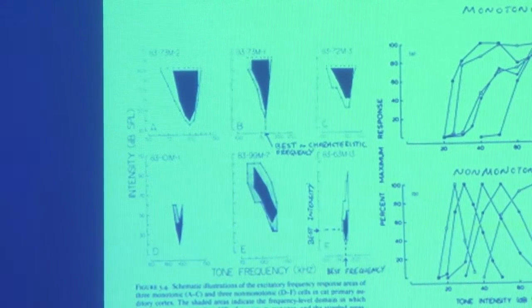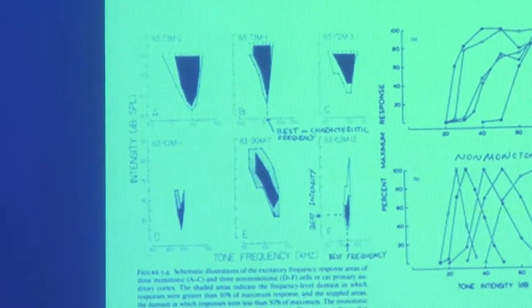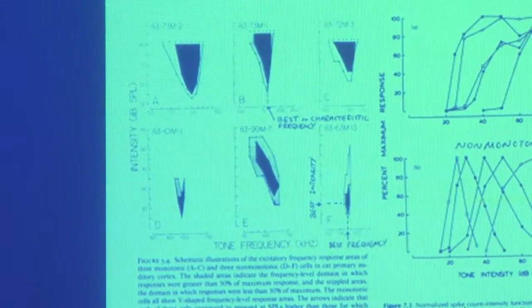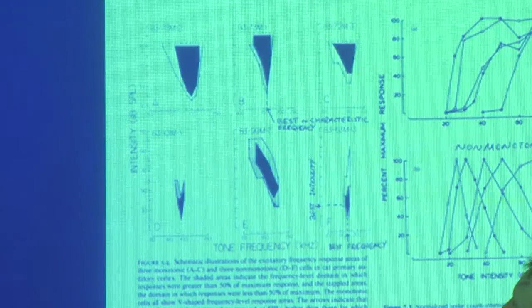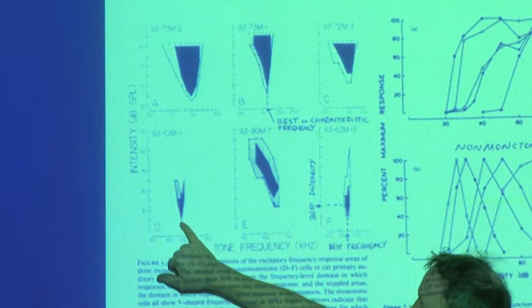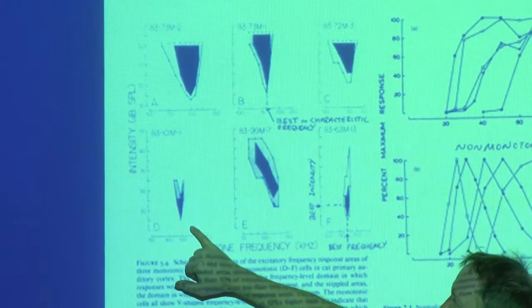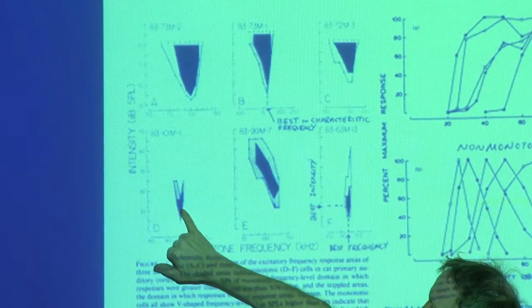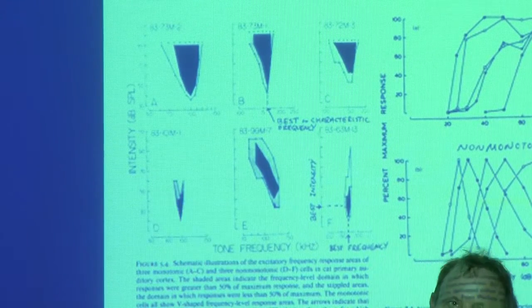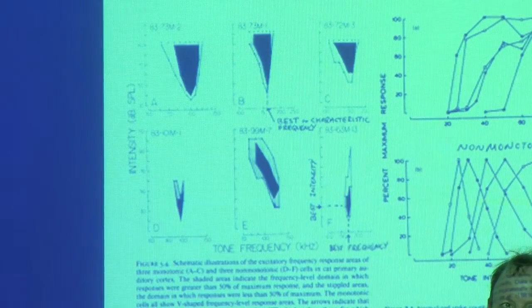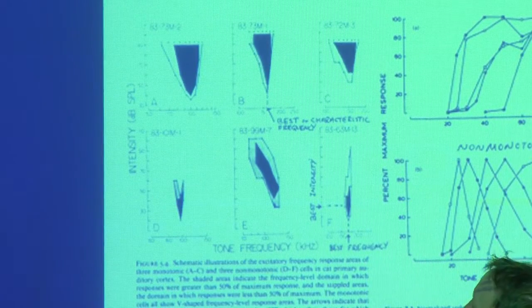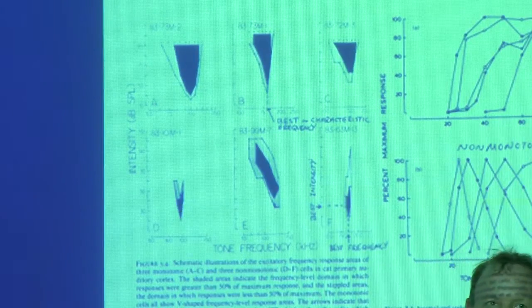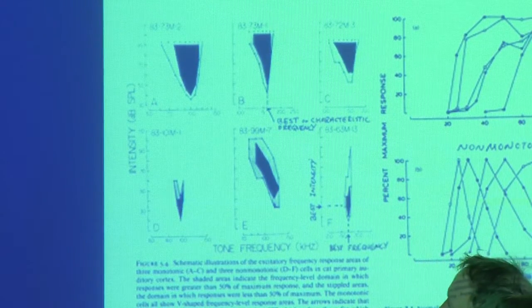And these are seen to a greater extent in the auditory cortex, although you do see them to a certain extent in the colliculus and to a certain extent in the thalamus. But you see them in a numerically greater extent in the cortex. And here is a tuning curve that sure has a best frequency, but at that best frequency, if you get it higher and higher in level, the neuron actually stops responding at a pretty moderate and certainly at a high level. And if you study its response inside the black shading, you can say, well, that